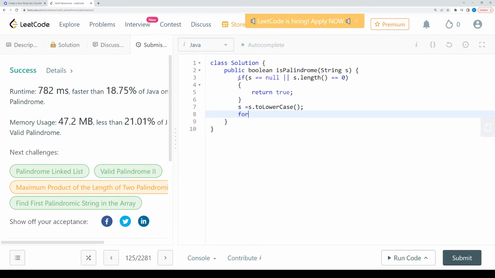And then here we're just going to loop through it. But we're going to add some extra variables onto our loop. So here we're going to have int i is equal to 0, and we're going to have j is equal to s.length minus 1, similar to what we did before, while i is less than j. And then we're going to do i plus plus and j minus minus. Okay,